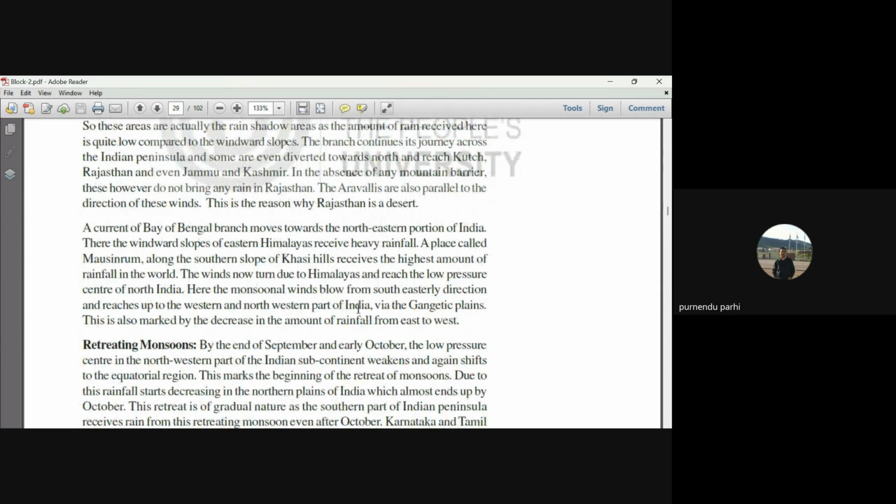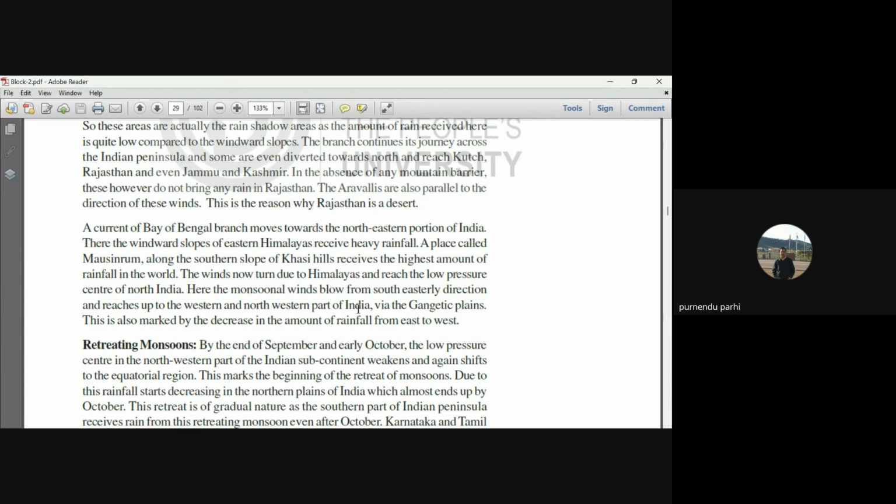The windward slope of the eastern Himalaya receives heavy rainfall. A place called Mawsynram, along with the southern slope of the Khasi Hills, receives the highest amount of rainfall in the world. The winds now turn due to the Himalayas and reach the low pressure center of North India. Here the monsoonal wind blows from the southwestern direction and reaches up to the western and northwestern part of India